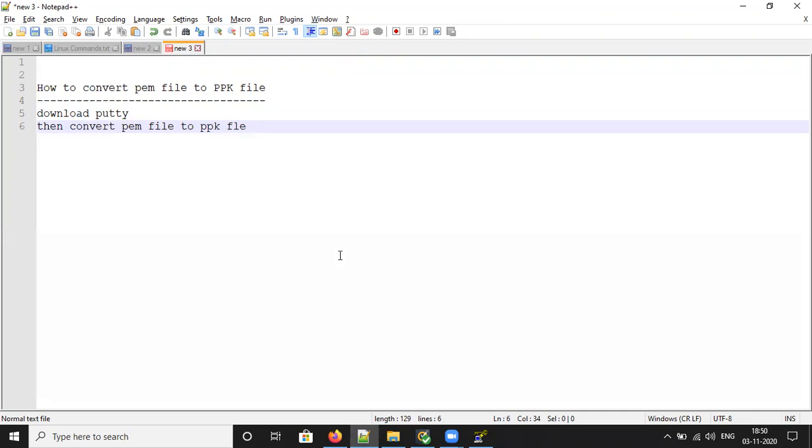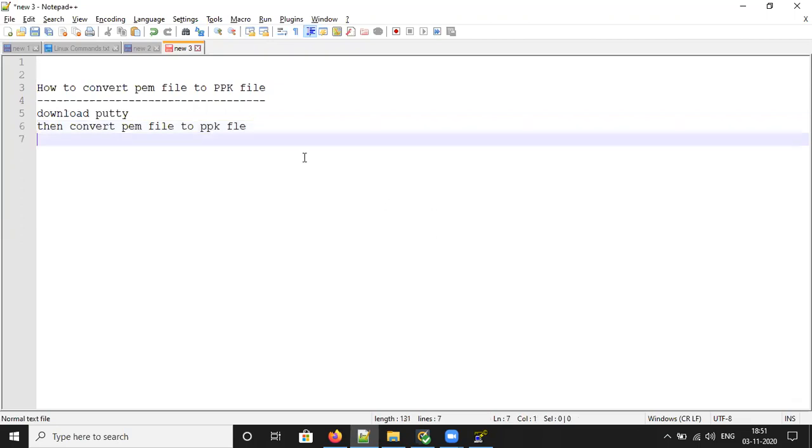Once you download PuTTY, from there we can generate the PPK file, save it in our local machine, and then connect using the PPK file. Finally, you will launch your EC2 instance using the PPK file.